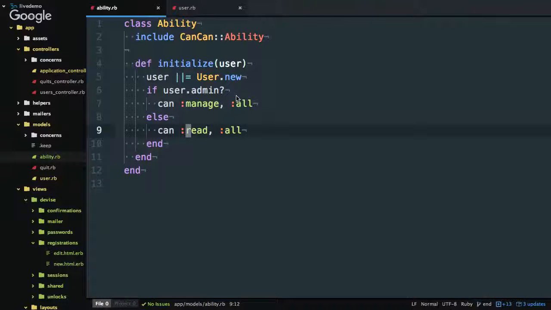Can anyone tell me what we're trying to limit right now? Like, which object are we trying to limit our access to at this moment? I kind of heard it, but yes, exactly. So we have to,